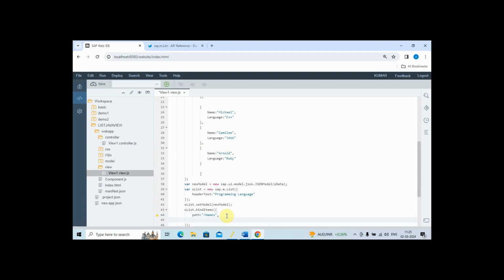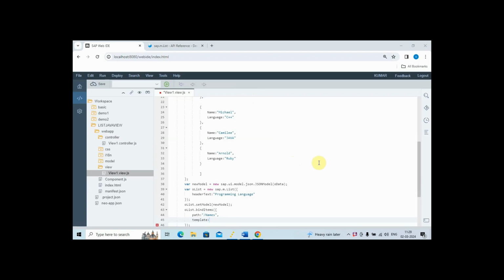And what will be the item? As we decided, we will use a standard list item, which we provide as the template property. So template, and the template will be